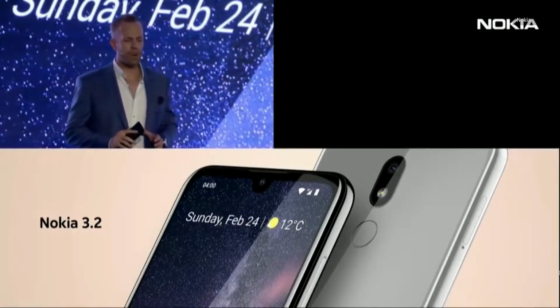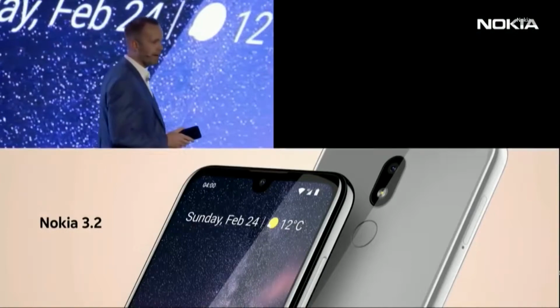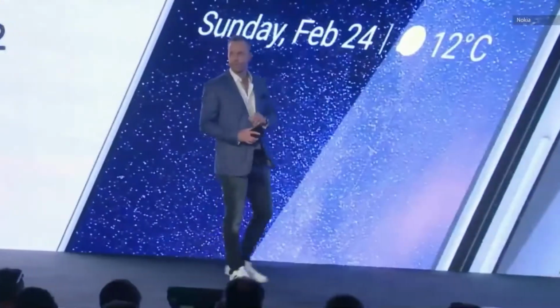We've used polished polycarbonate unibody seamlessly meeting with the all-screen design. To give you the ultimate viewing experience, we're delivering an astonishing 6.26-inch HD Plus screen of excellent quality, paired with a 4,000 milliamp battery and Qualcomm Snapdragon 429 mobile platform. The new Nokia 3 will not only deliver you an excellent viewing experience, it also delivers on our signature promise